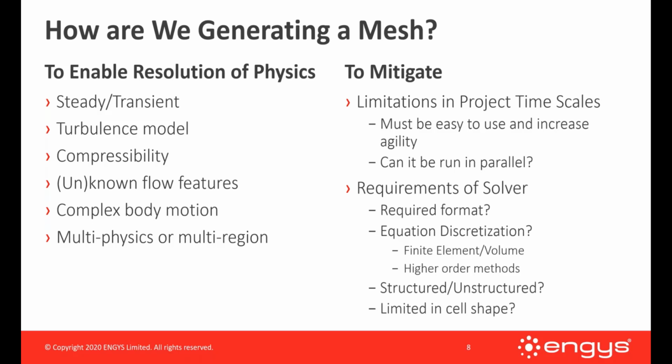At the same time, in our mesh generation approach, we need to be able to mitigate things like limitations in project timescales. That is a big one. So a mesher must be easy to use and actually increase agility. Something can be easy to use, but it just takes a long time to do it. So we need a tool that increases our agility to move back and forth and iterate over different settings within our mesher. And also, if we're generating these large meshes, if we have a moderate amount of compute resources and we want to use large meshes, can we run our mesher in parallel